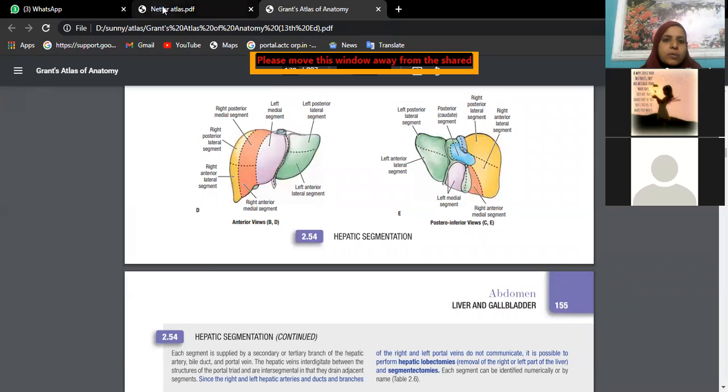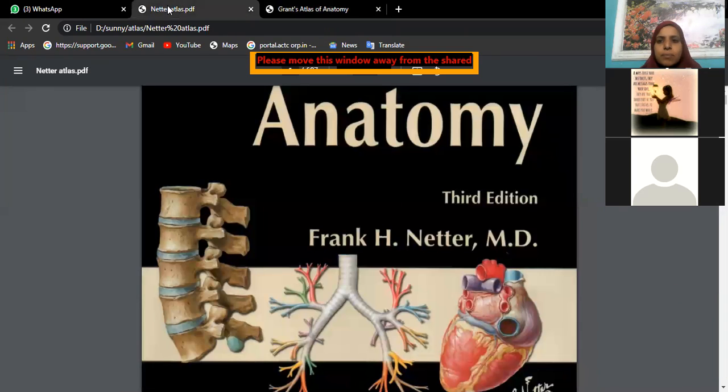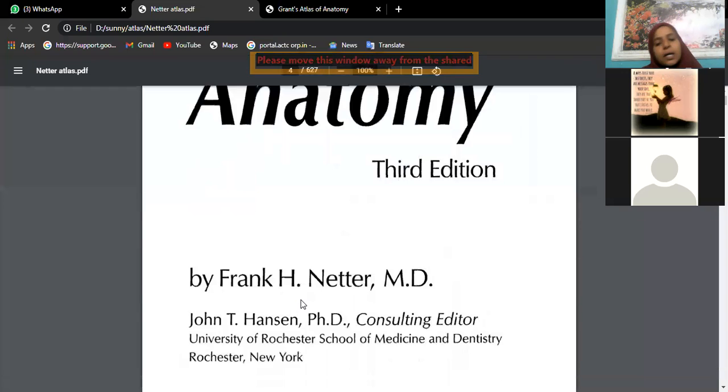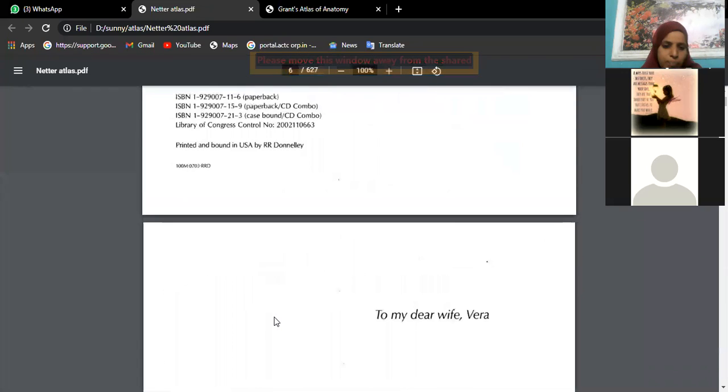Now I will also try to open Netter's Atlas to see all these three visceral organs. Tomorrow it becomes easy for you. You just give me the list of 2 to 3 organs so that we will discuss in the form of practicals.